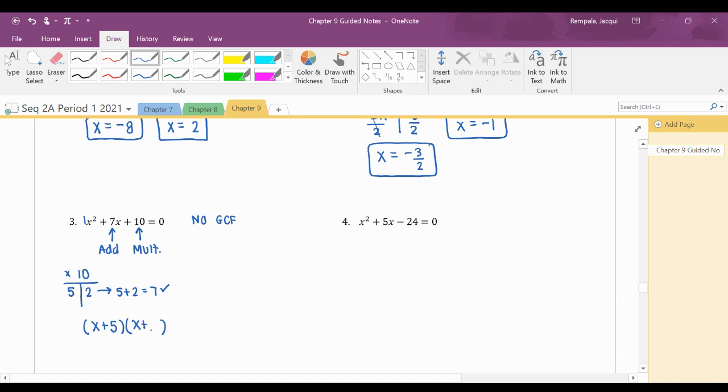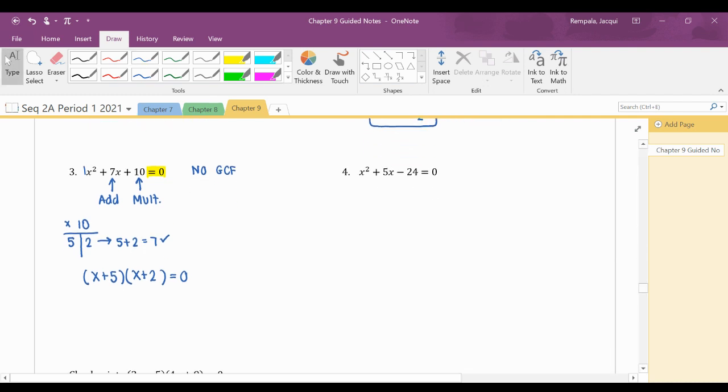The 2 is positive, so we'll put plus 2. I don't want to lose the fact that this is an equation. It equals 0. So I still now have it equal 0. But what we've just created now looks like the first two examples. So I can take each of those parentheses, set it equal to 0, and solve for